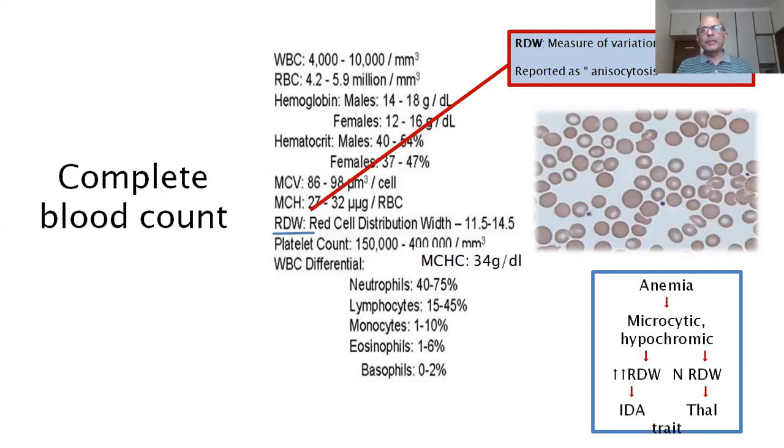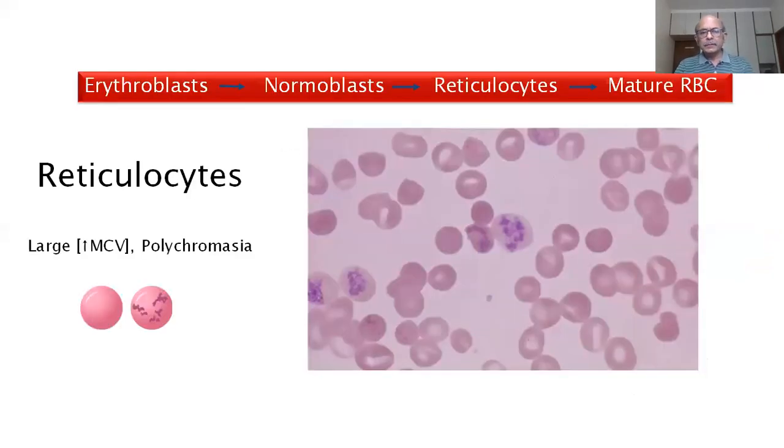One important precaution here is that this is not an infallible method to differentiate between the two. Many patients who have beta thalassemia minor can have a mildly elevated RDW, but this is a rough screening test to know whether you are dealing with thalassemia minor or iron deficiency anemia, and then proceed with quantitative hemoglobin electrophoresis.